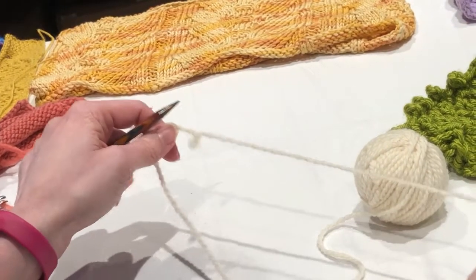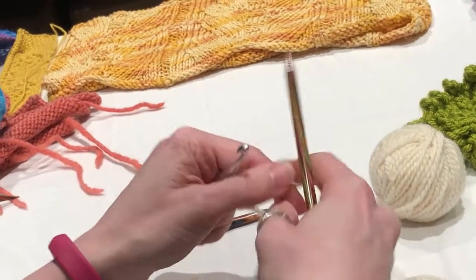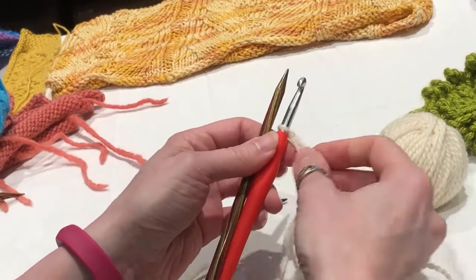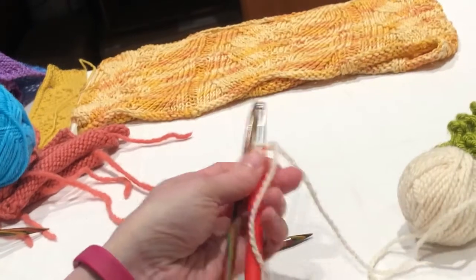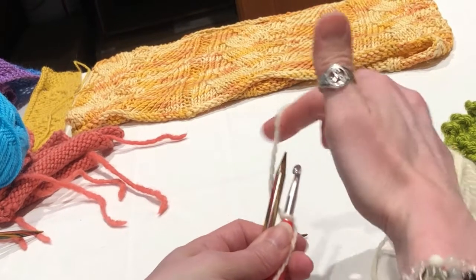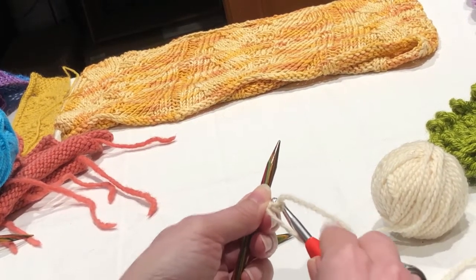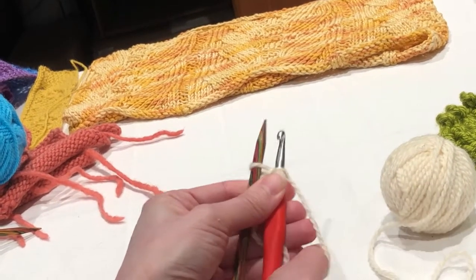The third way to cast on is with a crochet needle. So you put your slip stitch on the crochet needle, and you hold your other knitting needle side by side, just like crochet and knitting are side by side crafts, and you yarn over. The first stitch you're going to have to hold on to everything because it's a little fiddly to get it through that hole, but see, it puts a stitch on the working needle,